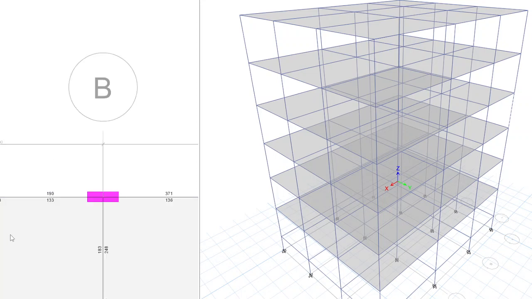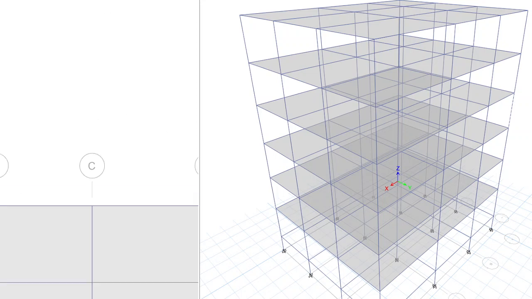If you can see, for the beam you are getting 6 values. You have the beam line, above you have 3 values and below you have 3 values.